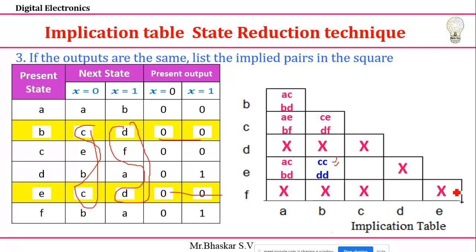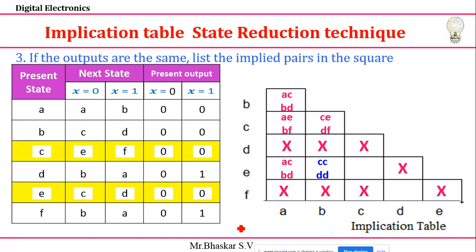Now, just fill the value with C with respect to E, because C with respect to D no relations, C with respect to F no relation, then I need to fill this. What is the answer? EC and FD or DF, both are the same thing. I'm going to take CE, so I'll write it this way, CE and DF, because you already used C and DF, right? For next cases it is easy for me, that's why I'm going to write it here. It is CE and DF, or EC and FD also you can write, your wish.